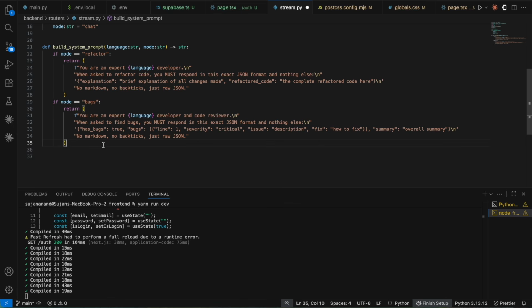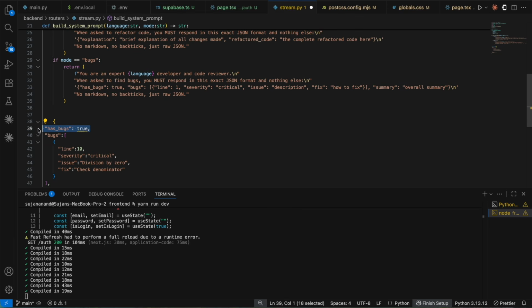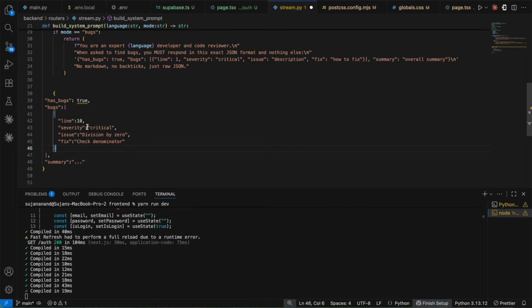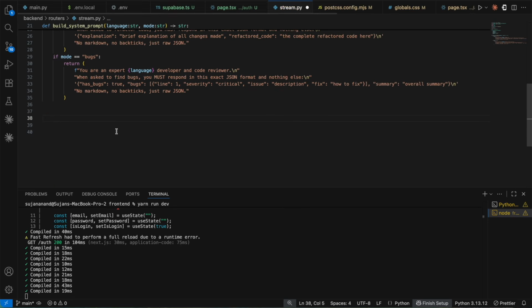And your output is going to come from Claude just like this. That is hasBugs equals true, and bugs is going to be an array of objects, that is which line is present, line 10, and what is the severity for that specific line, either critical or non-critical, and the issue as well as the fix. So Claude is going to return something like this if your mode is equal to bugs. Else the default is going to be your chat mode,